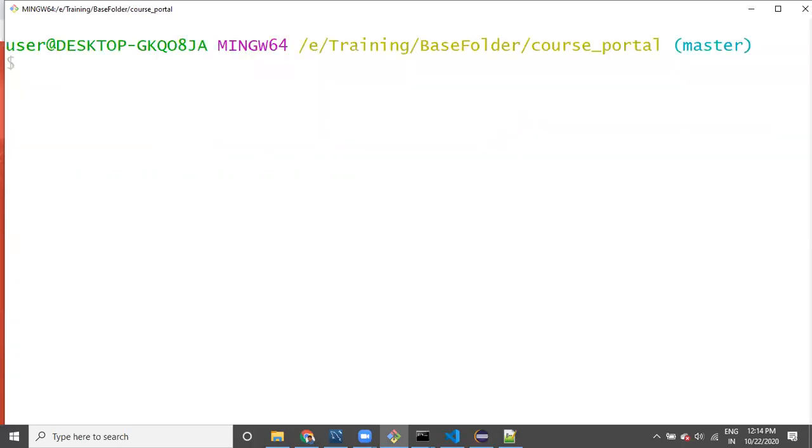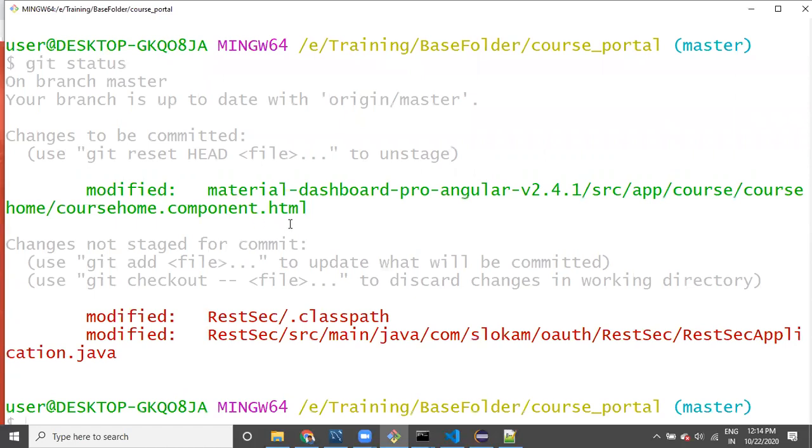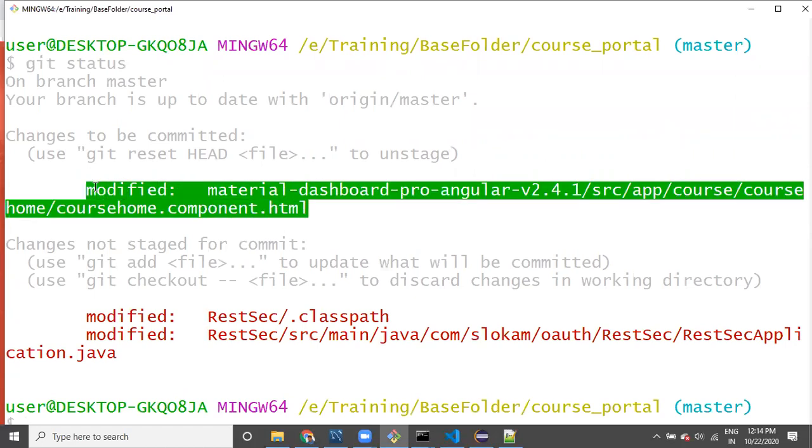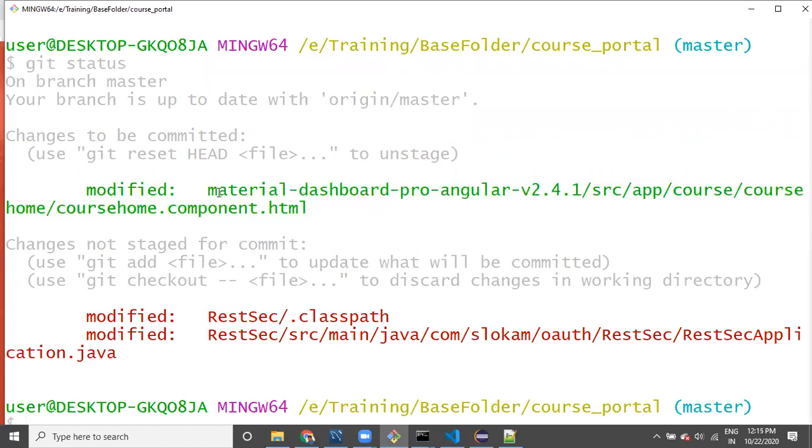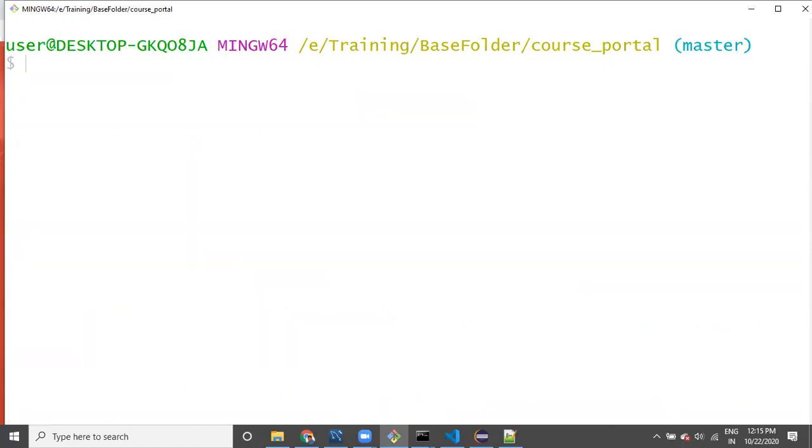Once we have added it, now git status. This is in green color. The files in green color are going to get committed. Now git commit.